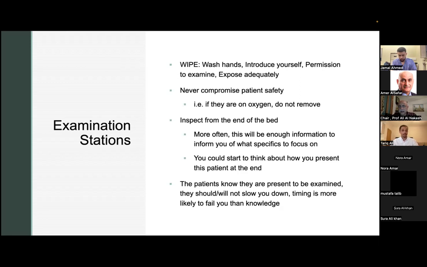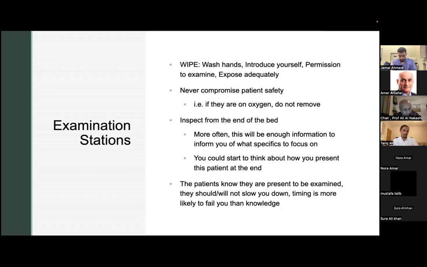For example, in the respiratory station, if you see a patient who has a midline sternotomy scar and it's a respiratory station, your mind should be thinking of only a few things. And this means that your examination should focus on those things and make it essential that the examiner sees you're looking particularly for those things. For example, have they also got a thoracotomy scar? Have they had a VATS procedure also done? Have they also had any radiofrequency scars as well? So these are things that you will want to pick up on.